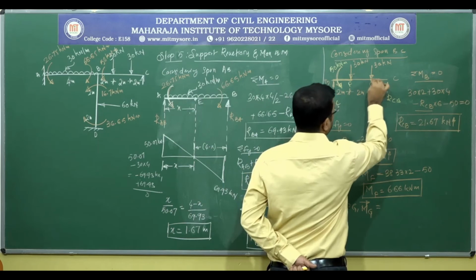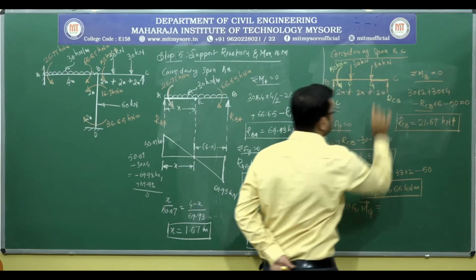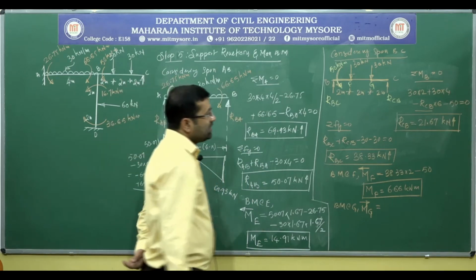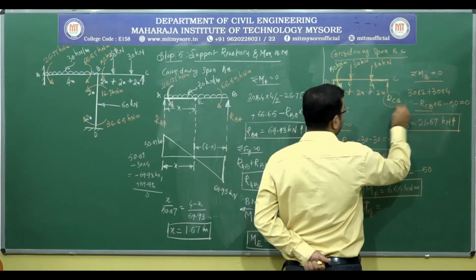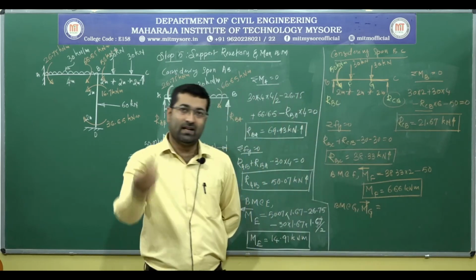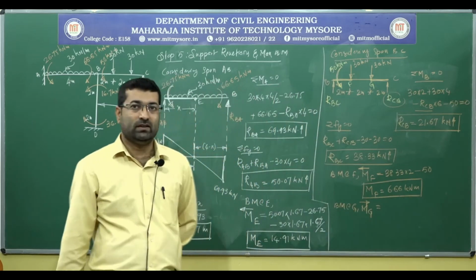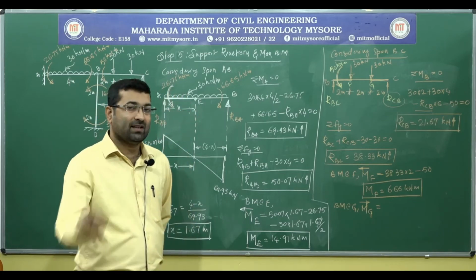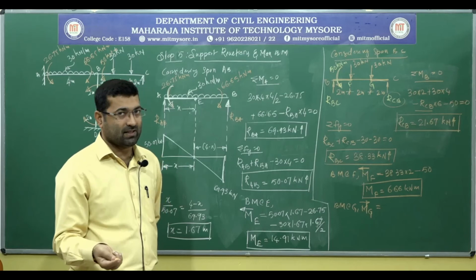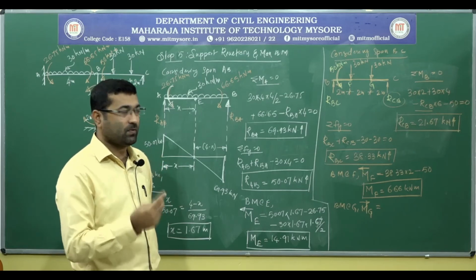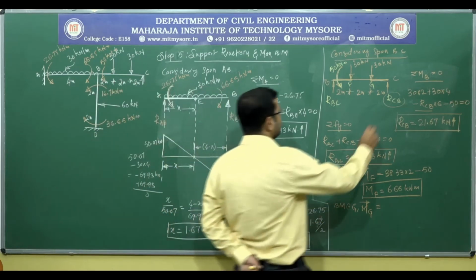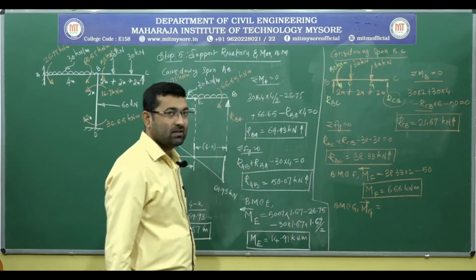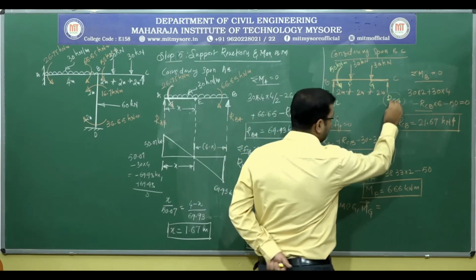now here for the calculation purpose, I am going to consider the right portion of the beam with respect to G. On the right side we have only one force, that is RCB, which is creating a clockwise moment with respect to G, and it is on the right side. So right side anticlockwise is positive. It means this reacting force is creating a positive bending moment at G. So that will be RCB.